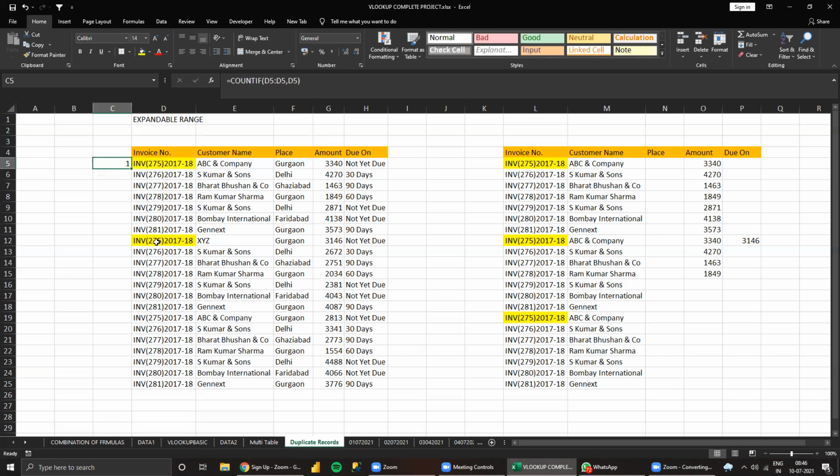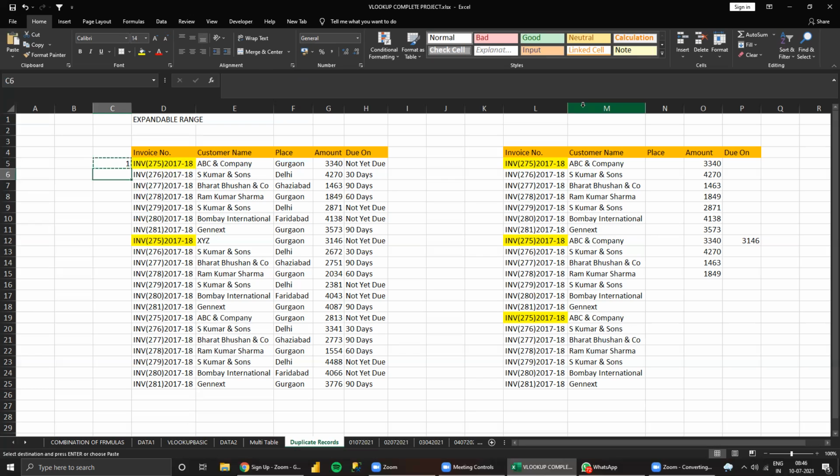But if I select 2 here, my count will be 2, but I want to count only up to this range. So when I copy, the starting point should be fixed, but my range should increase as I copy it. For that we need to fix the starting cell.